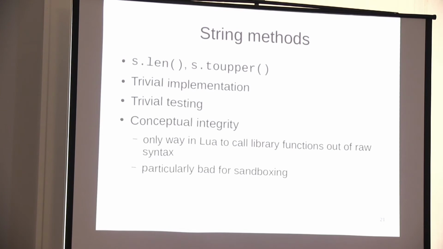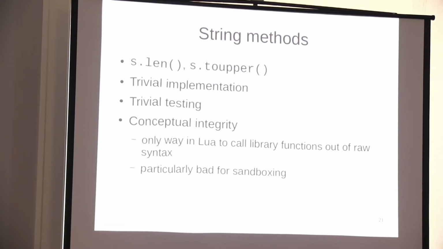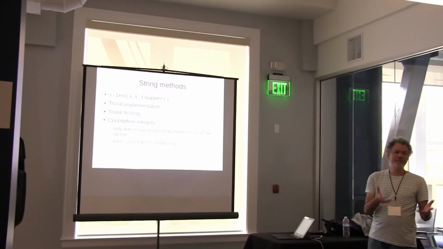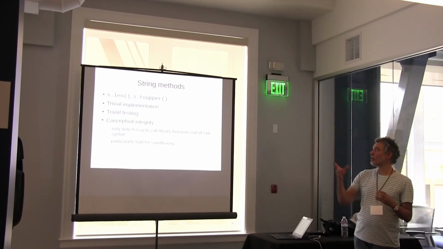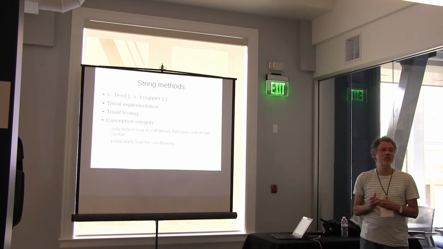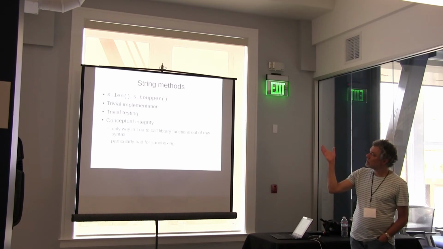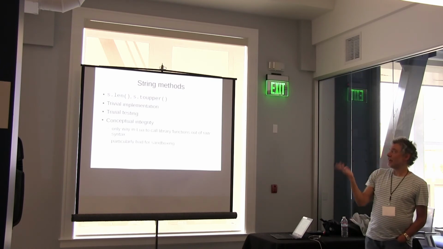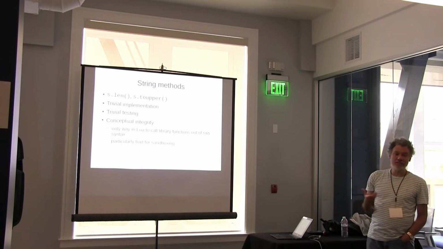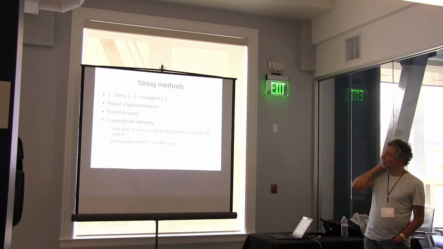String methods, this is something that we introduced in 5.1, 5.2, kind of recently, and that is a good example of something where you think, why not? It's very easy to do. All you have to do is put the string table, the string library, as the index in the metatable of strings. So for all operations that you cannot find in the string, you look in the string library, and everything works perfectly. Actually, all the examples are wrong. It should be a double colon, it should be a colon. And it's easy to test, it's easy to document, it's easy to explain, and the implementation is easy, but